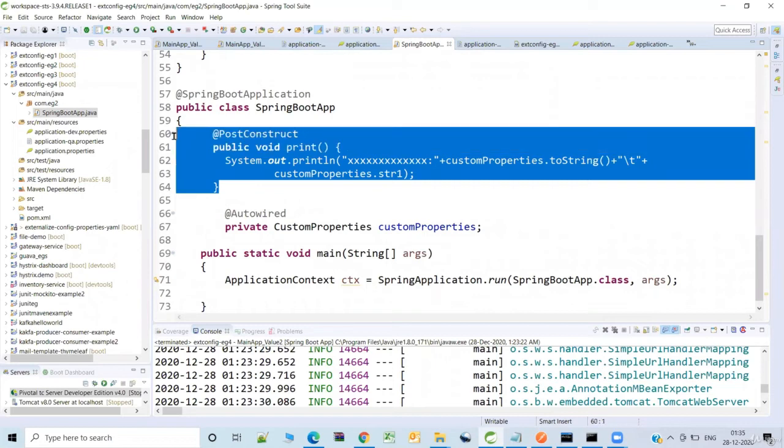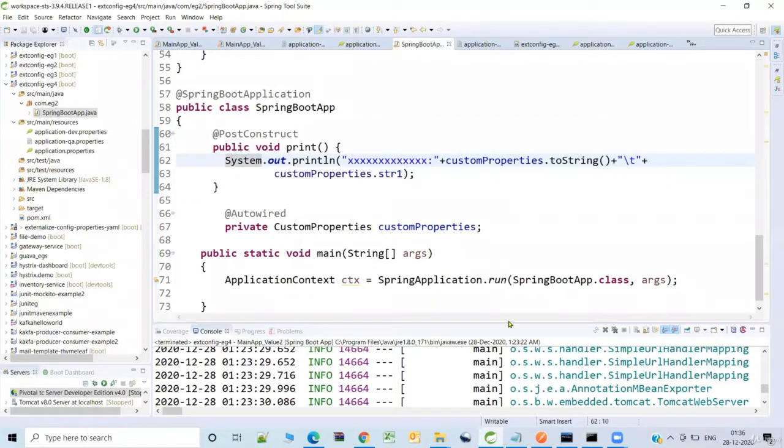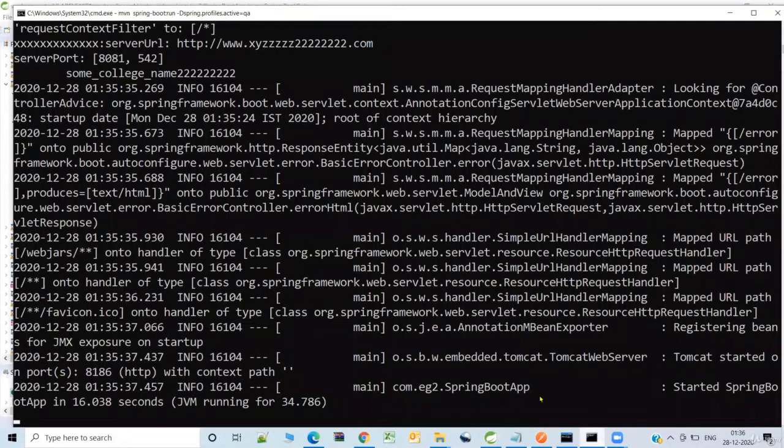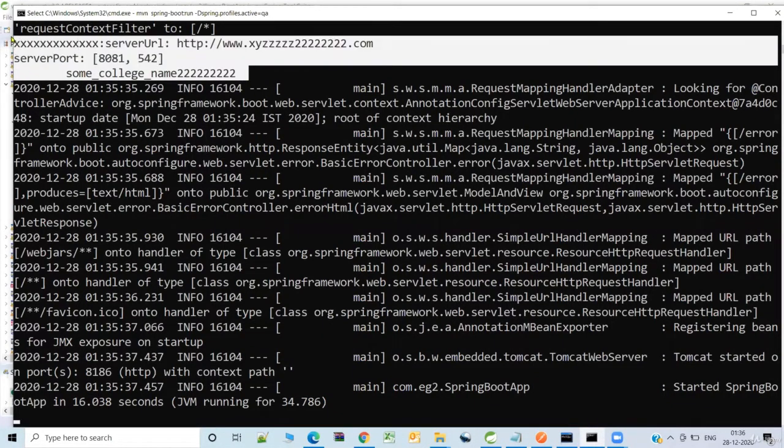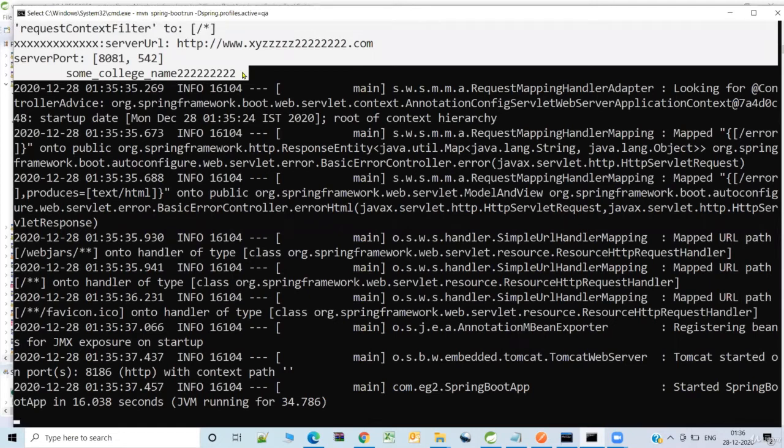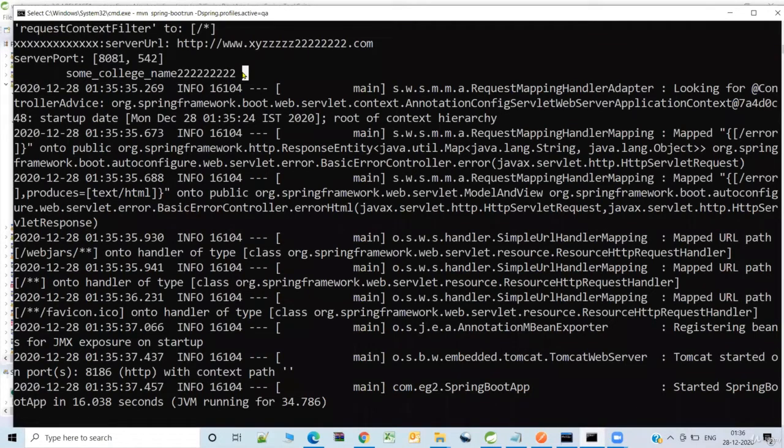If you need more details on this, I suggest you revisit the previous lecture. Here we are just printing the configuration properties, but you may make use of them to connect to different databases or different URLs, whichever.